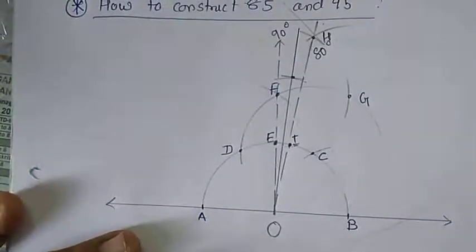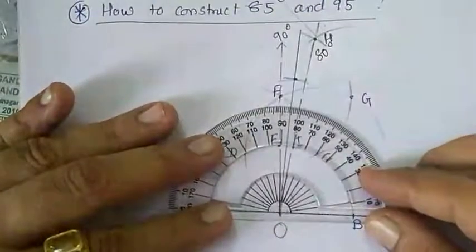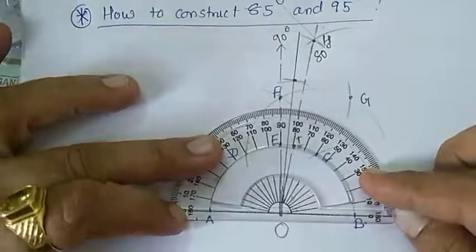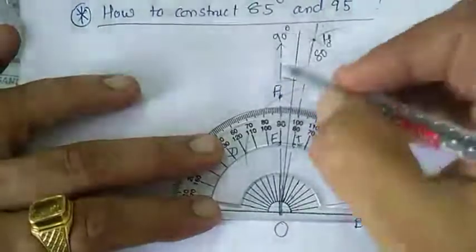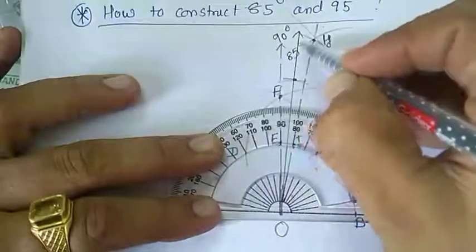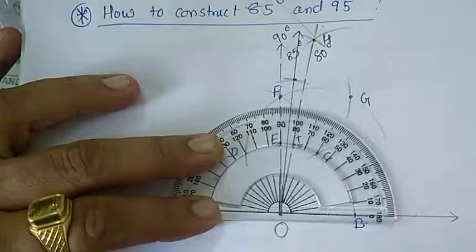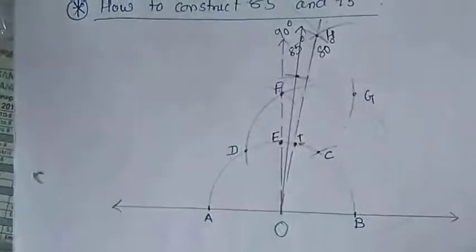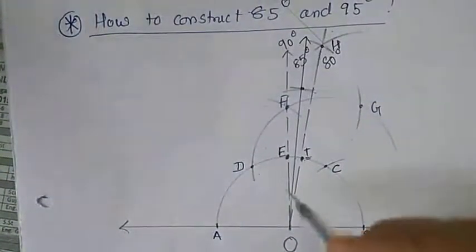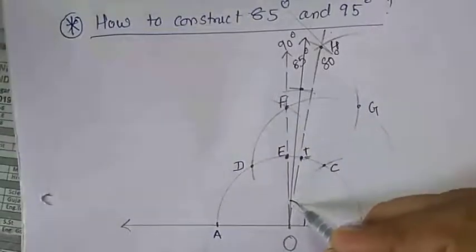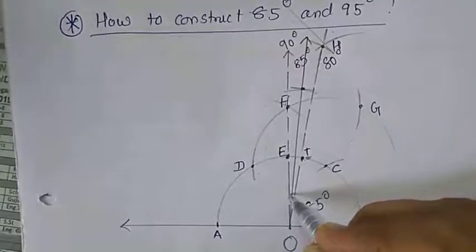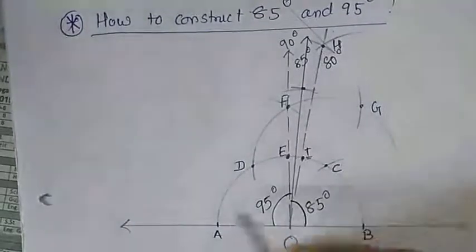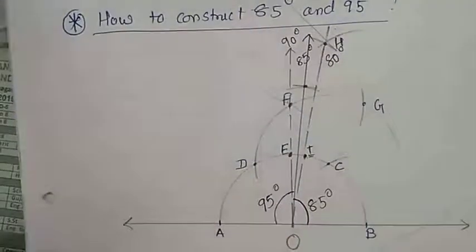So using the protractor we can measure it out. Clear to you? This one is 85 degree, this one is 85 degree. Okay, see, zero is coming straight, everything matches. Okay, fine. So this will help you to construct. This portion from here to here is 85 degree, so obviously the opposite portion is 95 degree, together it will be 180. Clear?